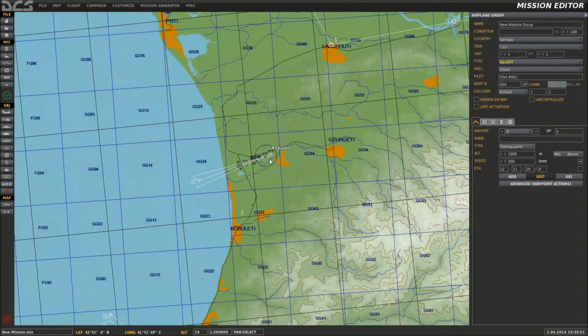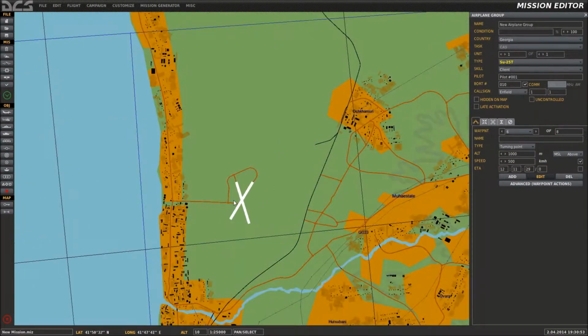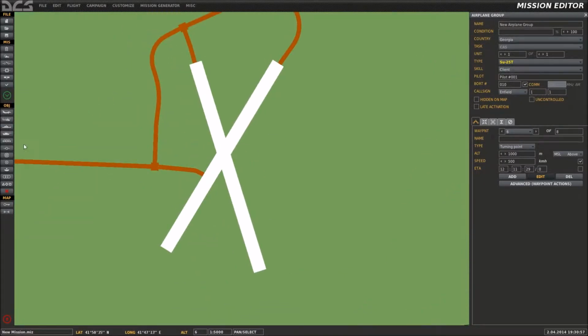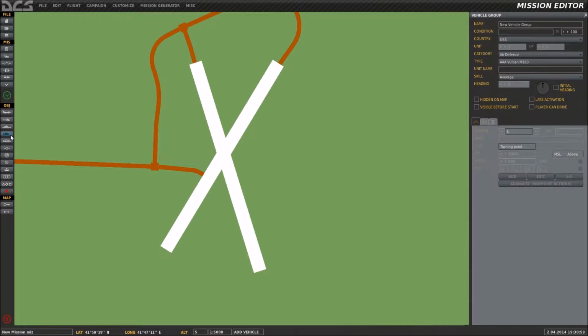And I'm just going to scroll down a bit here. And down here at Kobuleti, we have a little abandoned airport. And here we can put in some targets. And we do that by selecting ground units, in this case. Here I'm going to go to category unarmed, and I'm going to select the transport M818, which is basically a